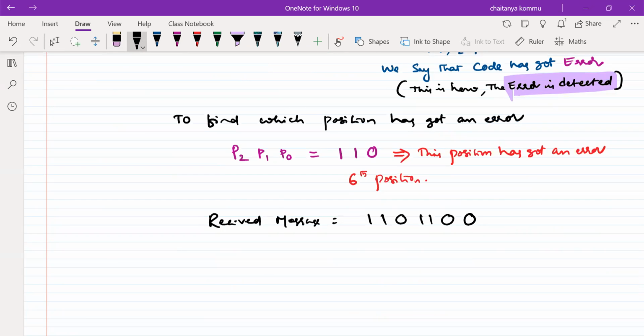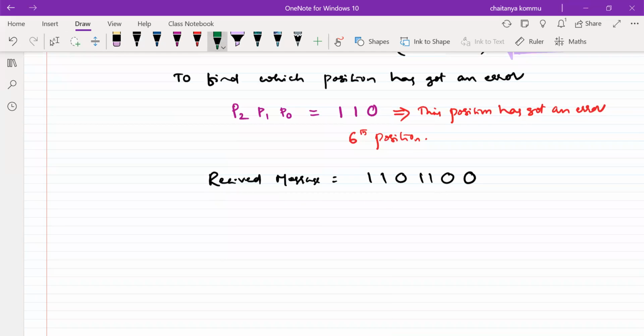So this has come to us. Therefore, I found that there is an error in the 6th position. So this 6th position has got some error, so I have to change that one. What I have to do is generate the error syndrome. So this is called the message bit R. Therefore, the error syndrome is E. Let us consider: we have to keep this as 1, and keep all the remaining things at 0. So this is how we have to create the syndrome.